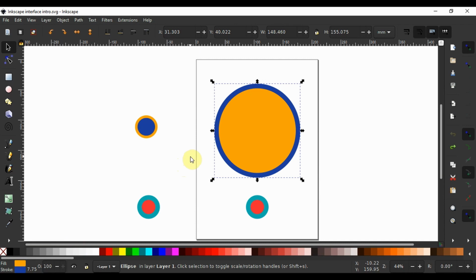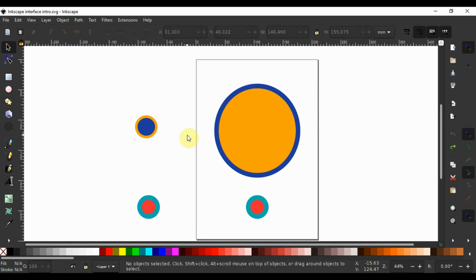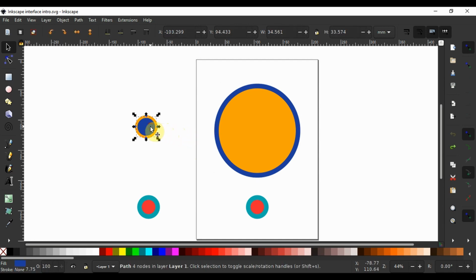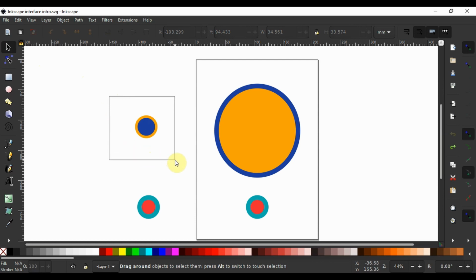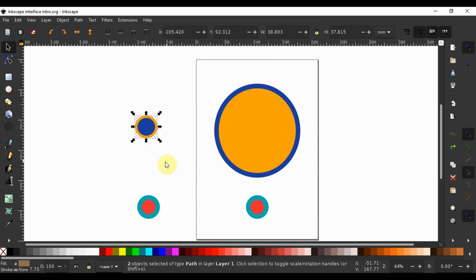Now on the left, we have a circle made up of two separate objects. If I try to select, you notice I can select two separate objects, each with its own fill color on the status bar. And if I select both objects, and we do that by having the selection tool active and holding the left mouse key down and pulling over both like so, we notice the status bar still does not